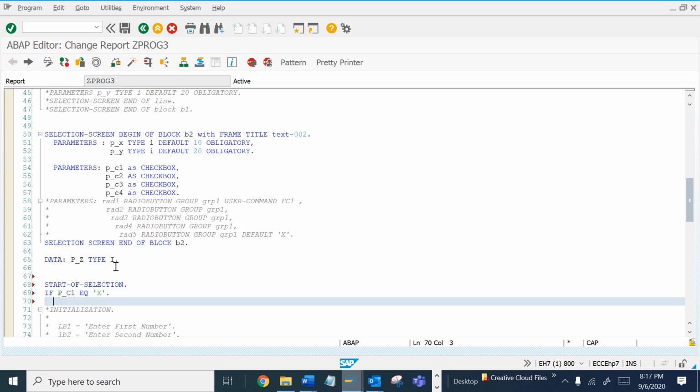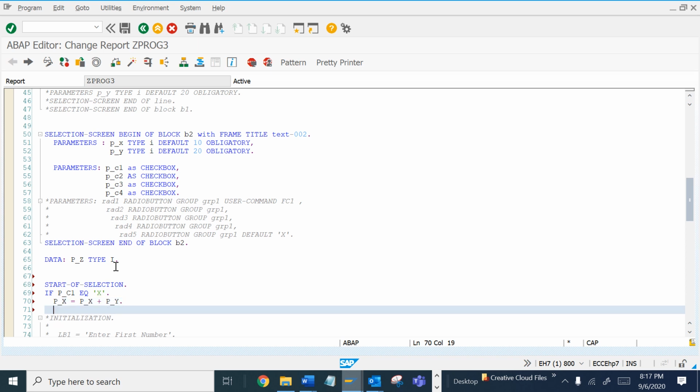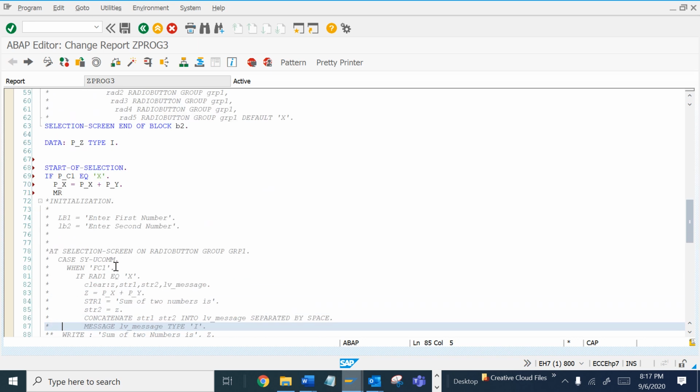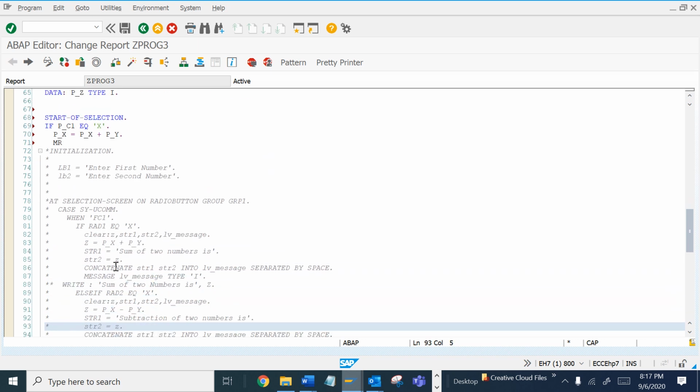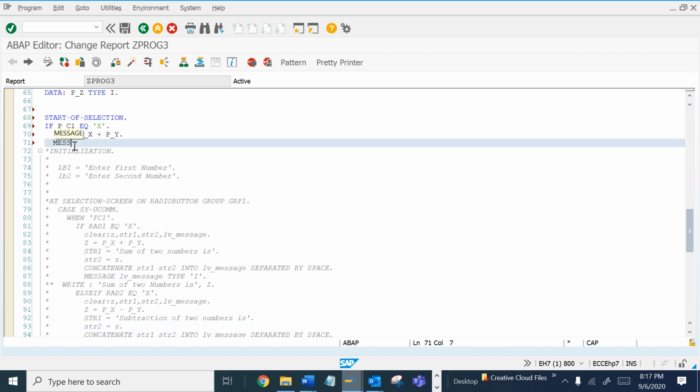then I want to show my result: P_Z would be P_X plus P_Y, and then I want to show the result. Let me copy that part. I think I have not used it in this program. Let me do it quickly.